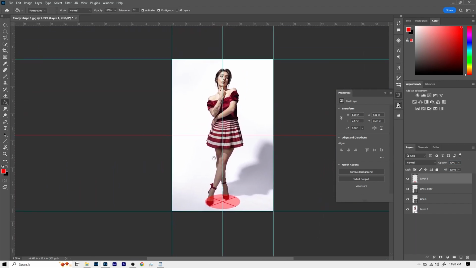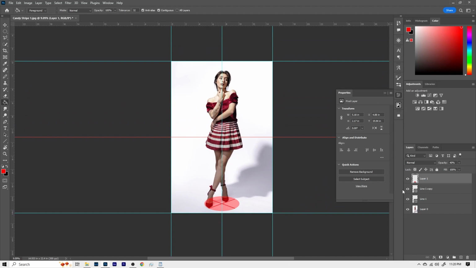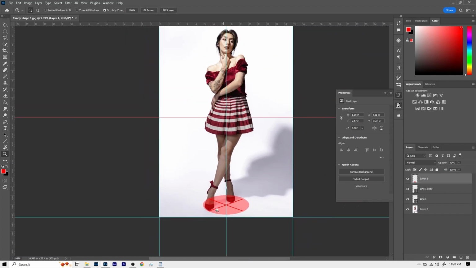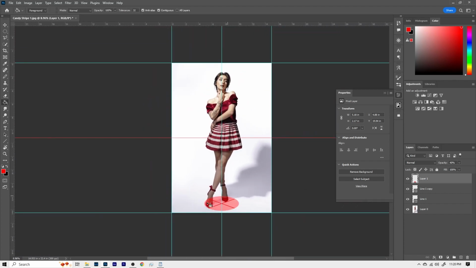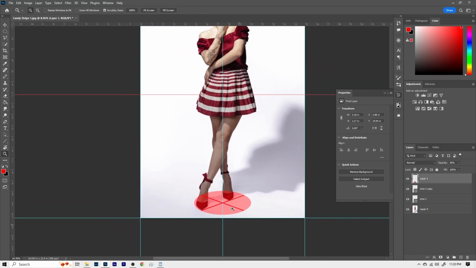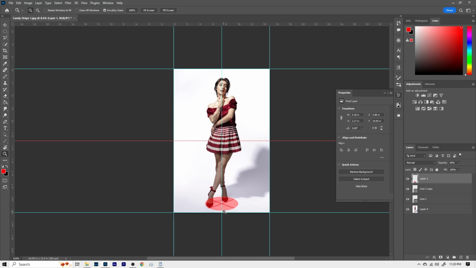I'm going to zoom out. Now, does it appear that she's standing on that disc? Of course, I could mask her feet out a little bit, but I'm not going to do that. We're just going to kind of look here. That looks pretty good. So if you see how that works, what we've done is created a focal plane. All right, so to keep it simple, this is how you do it, and then I'll explain it as we go.